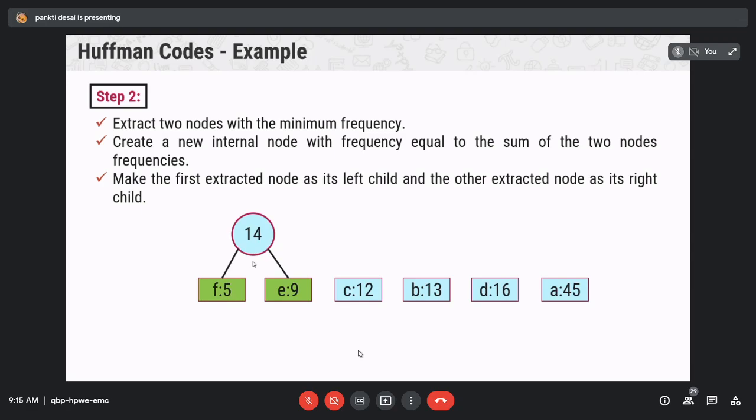What are we doing right now? We are creating the Huffman tree using the table of frequencies, using the characters' frequencies. So this is the creation of the Huffman tree.